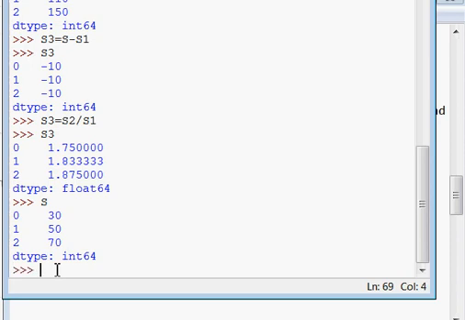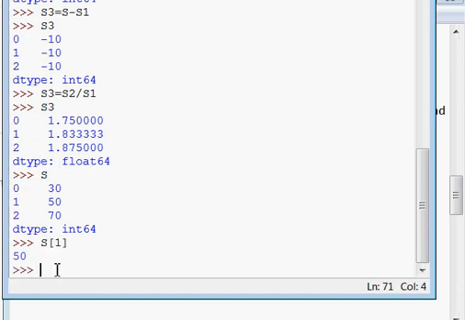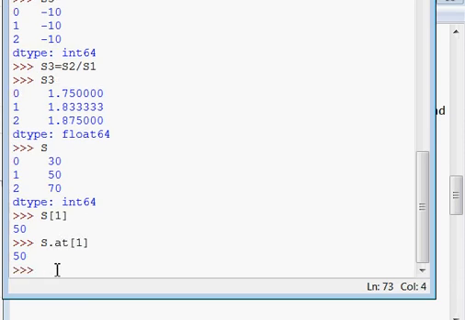If I print S here, I can access the value 50 by using its index, S of 1. Even I can use S.at with 1 in brackets in the same way.